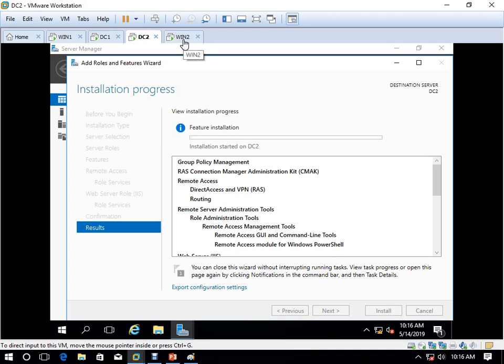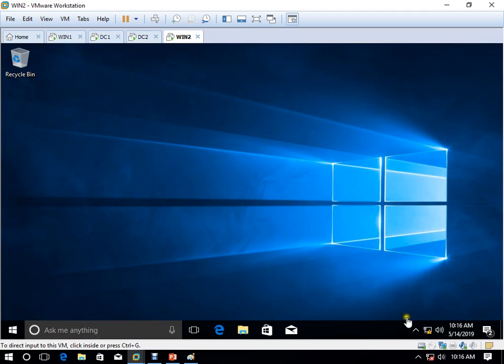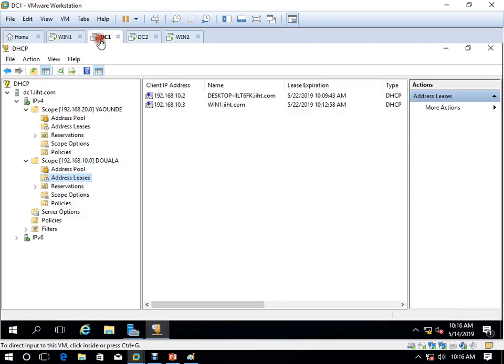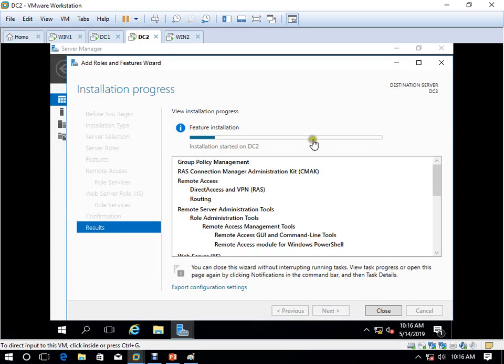These clients don't have an IP address now. You will see that they will get the IP address and information. This DC1, don't forget, is my main server. Whatever branches you have, branch 1, branch 2, create a scope as per the branch. If you have 5 branches, you have to create 5 scopes. After that you have to install the remote access service on each and every branch to make those branch servers a relay server.